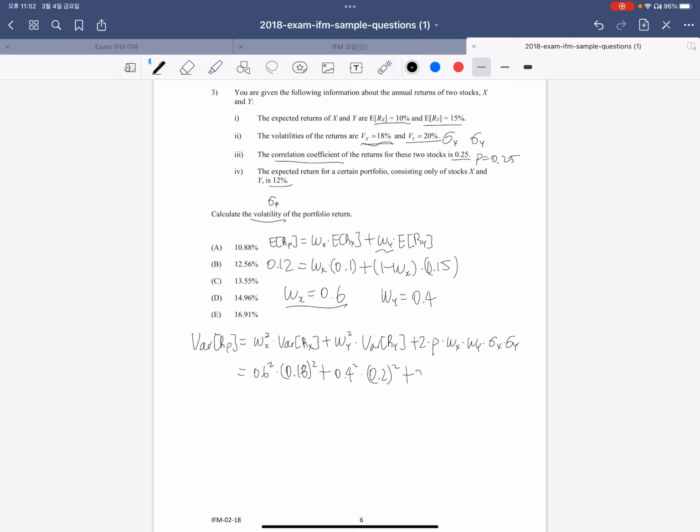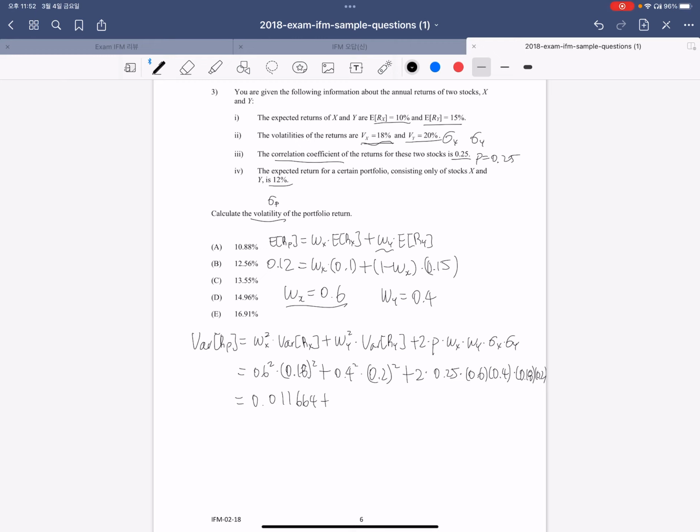And we are given that the correlation coefficient is 0.25, so plug in that, and we plug in the weights of these two values, and plug in the standard deviations as well. So if you calculate all these values, you have